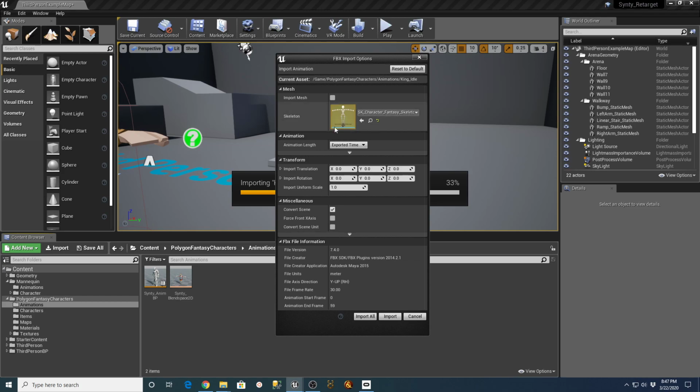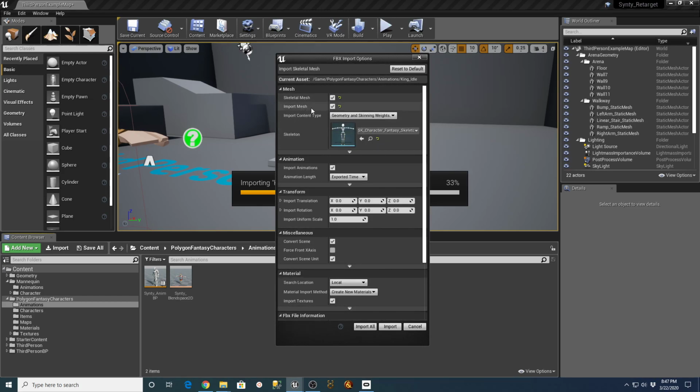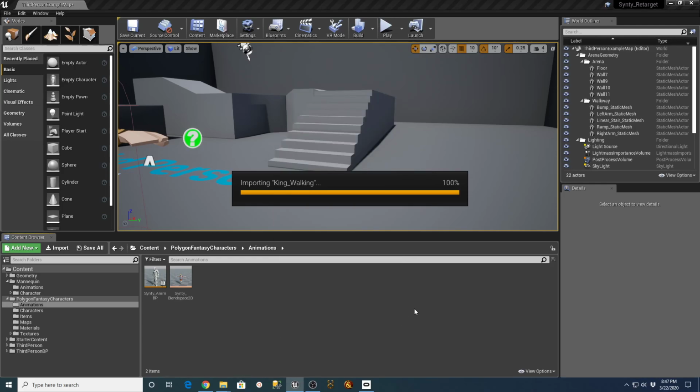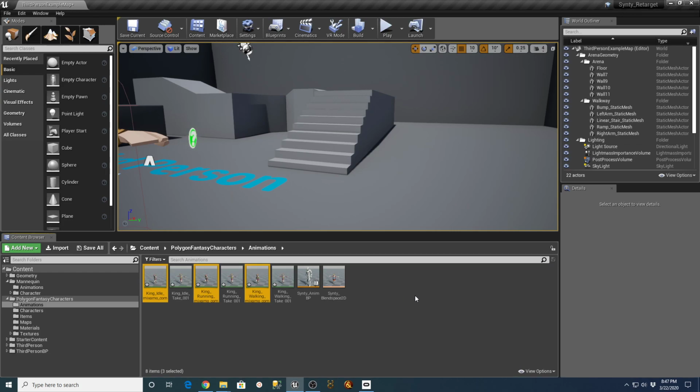Yeah, we want this mesh. See how there's two meshes there? Skeletal mesh and import mesh. I think if you leave the skeletal mesh on, that gets you the animations against that character. Convert scene unit on. Let's see. Import all. Yeah, so that just gives us the animations.